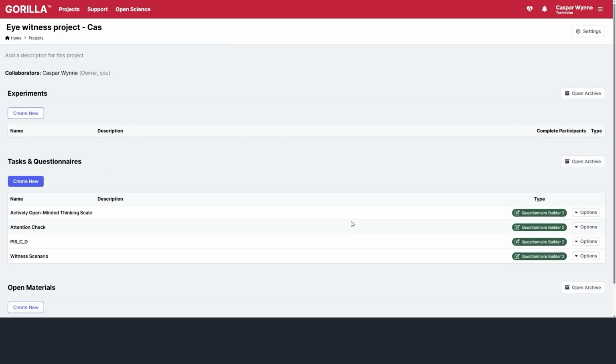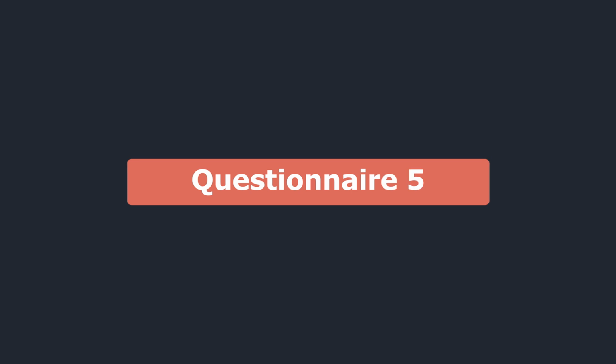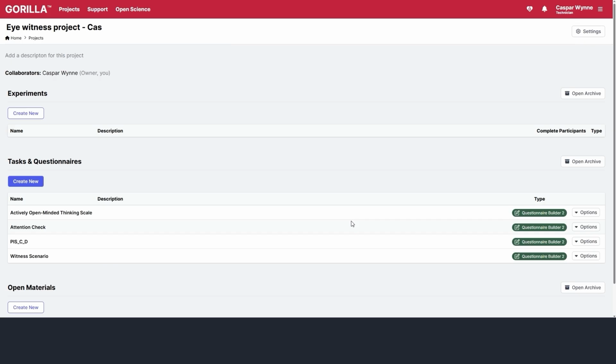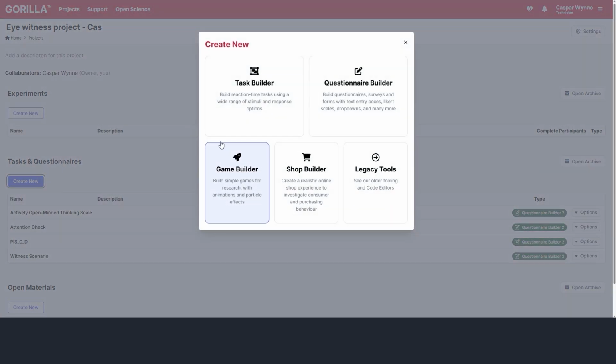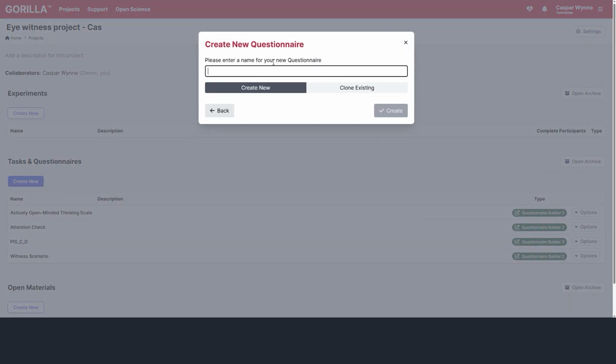Okay, on to our second to last questionnaire, the qualitative questions. Although Gorilla was originally designed for quantitative data collection, it can be used for qualitative purposes using the comment box question type. So from your project screen, click Create New under Tasks and Questionnaires, select Questionnaire, give it a name,